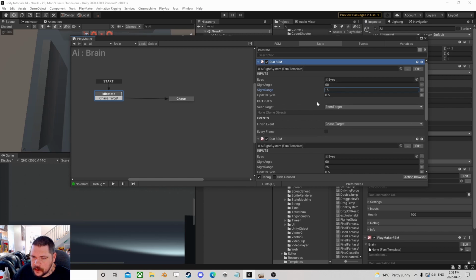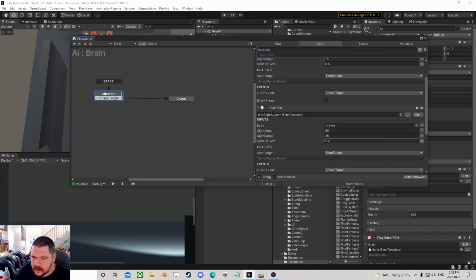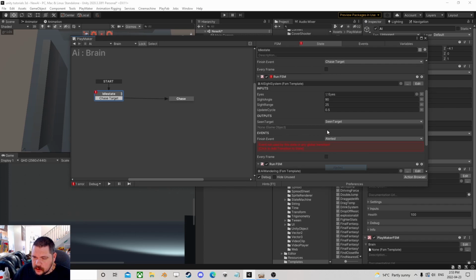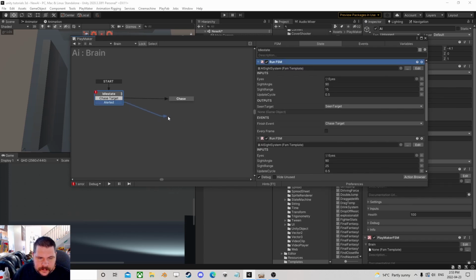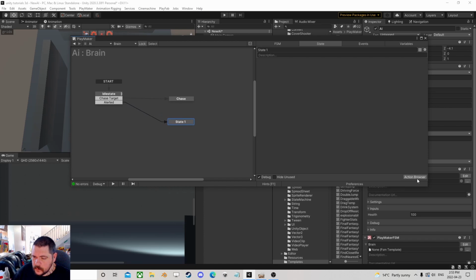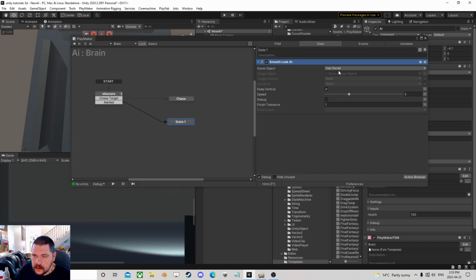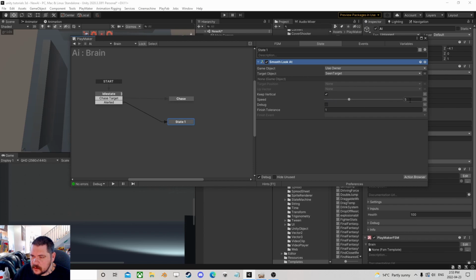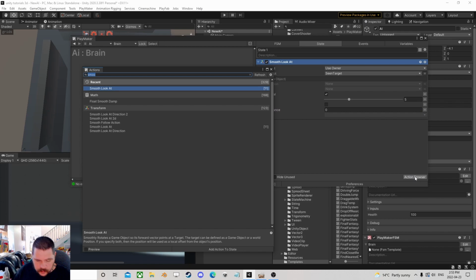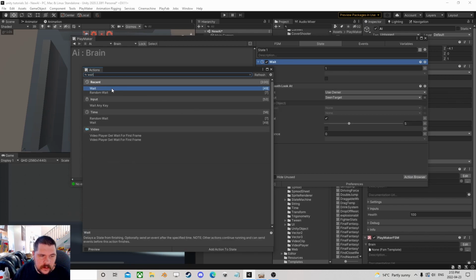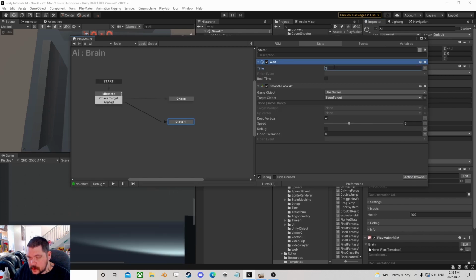So he's a higher priority, and he's going to lead right to a chasing state. This one's a higher range, but he's lower on the list. He's going to go to an alerted state, to which we will smooth look at the scene target, and we'll just do a wait for say 2 seconds,